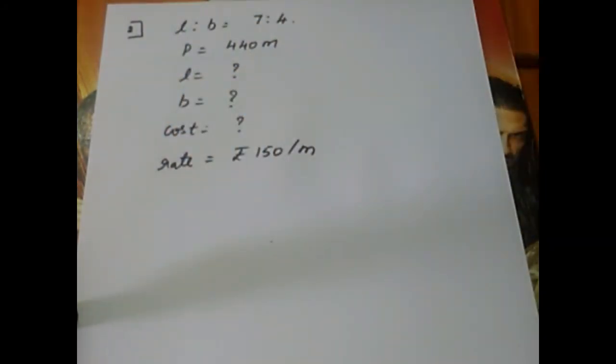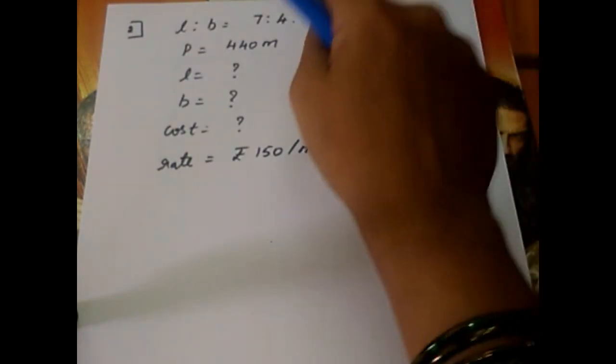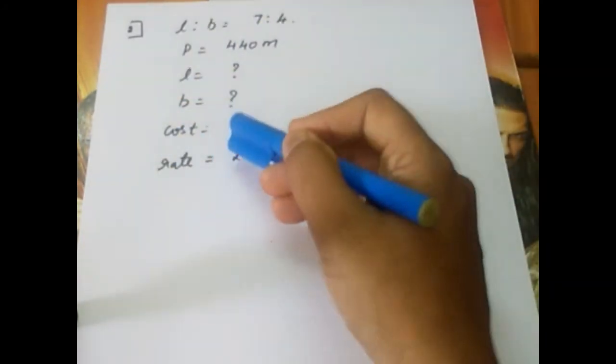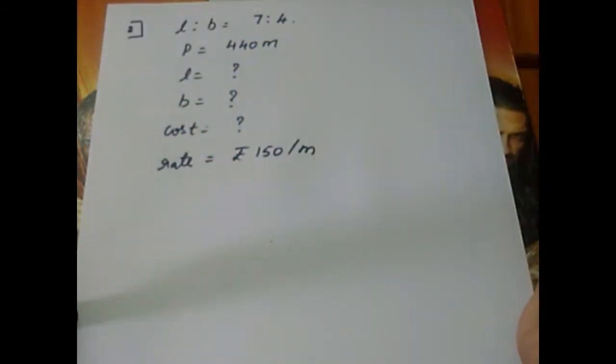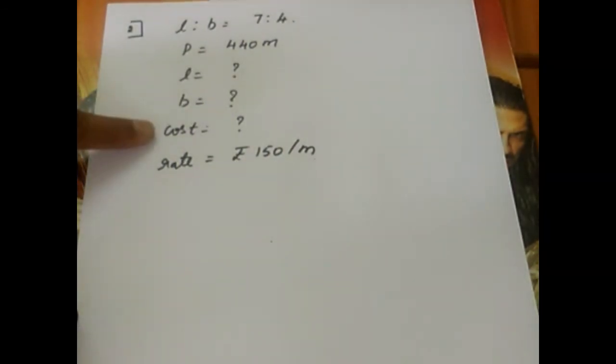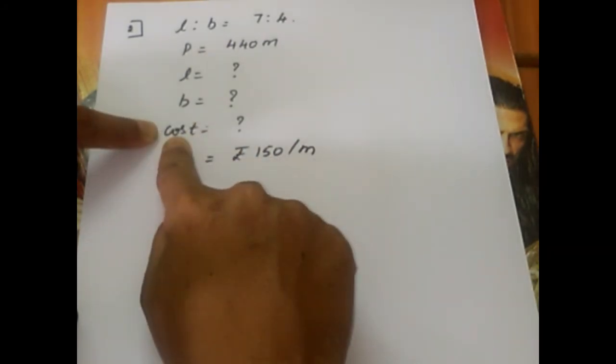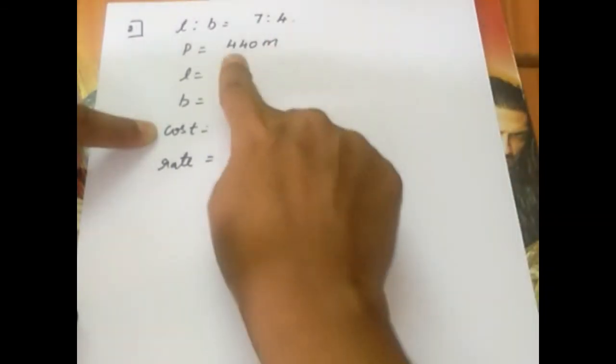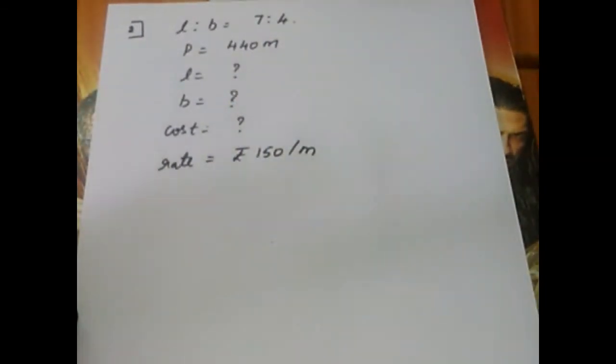In the first problem, we calculated perimeter and later the total cost. But here, perimeter is already given and it is asked to calculate the cost, length and the breadth. So straight away, without doing any calculation, cost can be calculated directly. How? Total cost of fencing, how can you calculate? Perimeter into rate. Easy. But you need to calculate length and breadth. So many of the students will go wrong. Already length and breadth is given as 7:4.